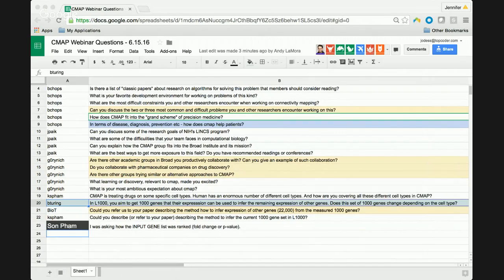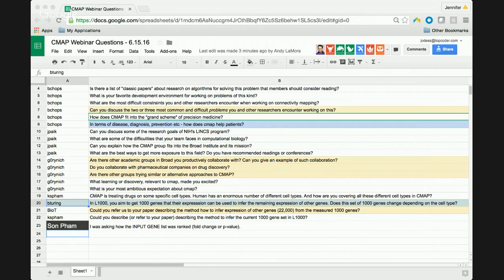Yeah, so this is a very good question. Yes, the short answer is yes. We do the measurements of 1,000 genes in every cell type. We do the profiling experiments in multiple cell types. So yes, some perturbagens produce about the same response in every cell type, but a fair number of perturbagens do give different responses. The consequence of this is, of course, that the 1,000 measurements of 1,000 genes do vary between